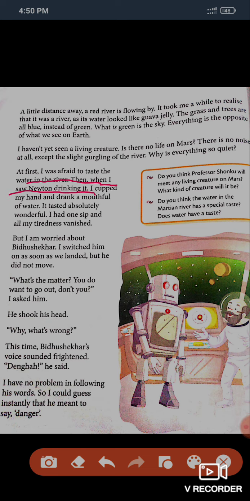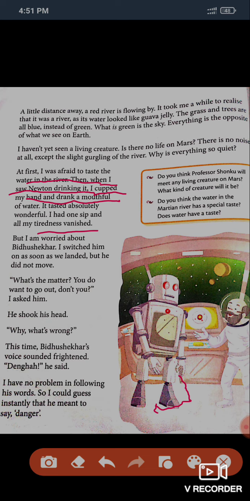When I saw Newton, the cat, drink it, I cupped my hand and drank a mouthful of water, and it tasted absolutely wonderful. I took just one sip, and all my tiredness vanished.